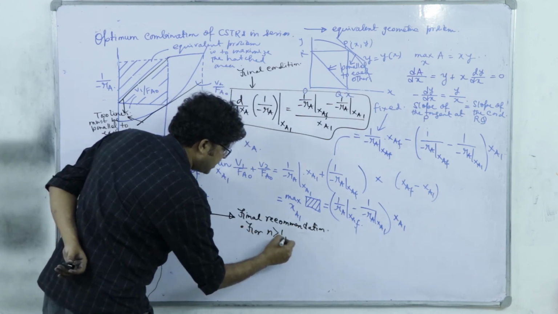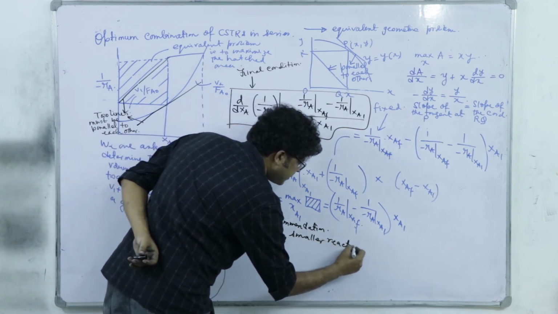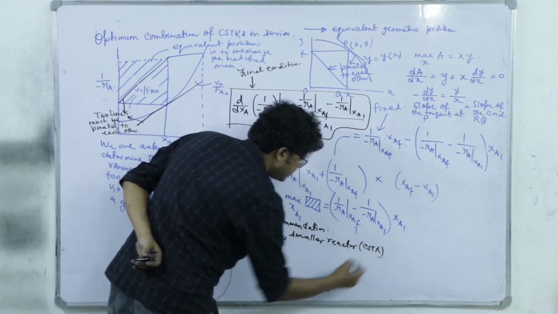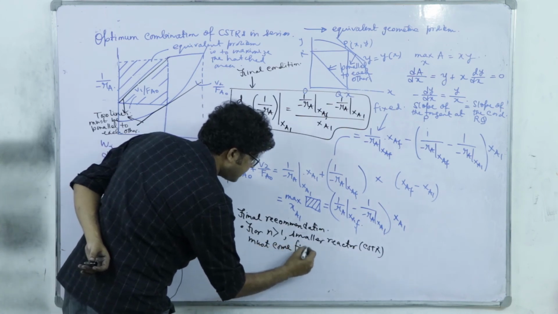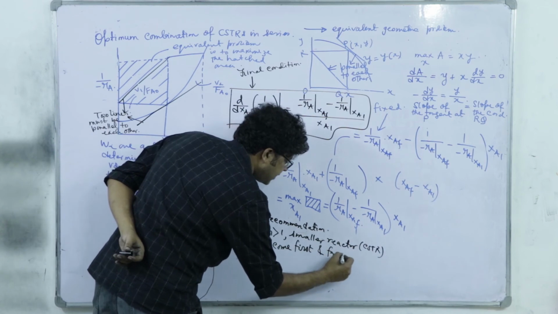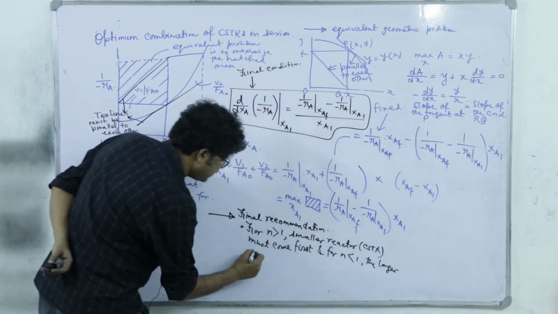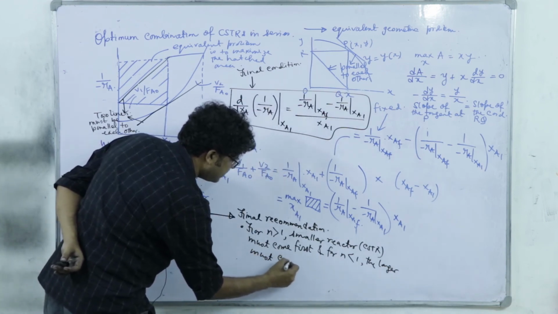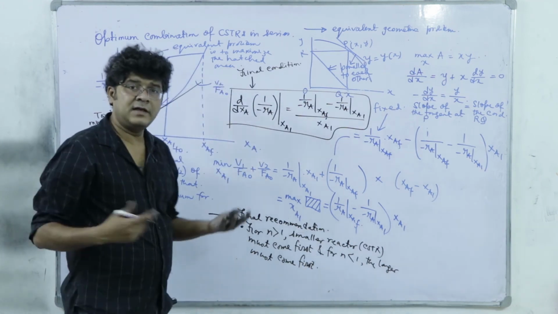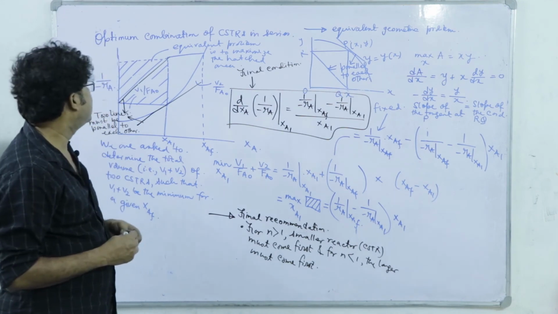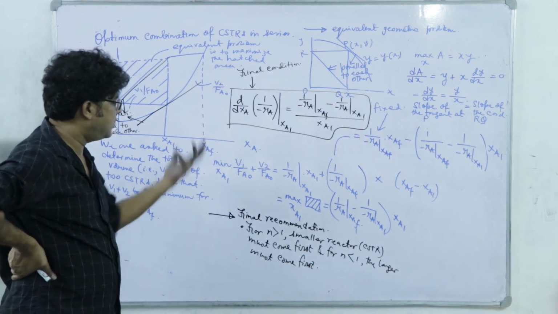For n greater than 1, the smaller reactor, that is CSTR, must come first, and for n less than 1, the larger must come first, right. And for n equal to 1, actually